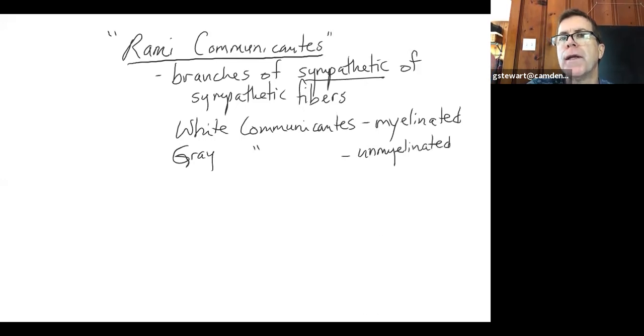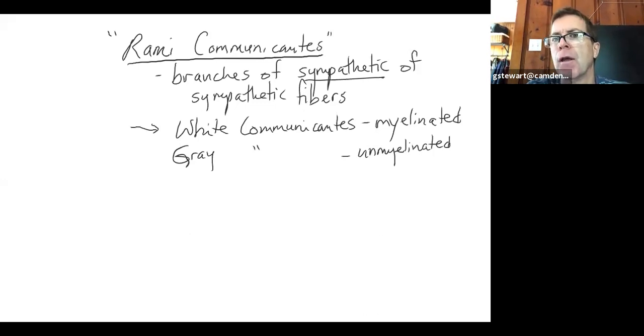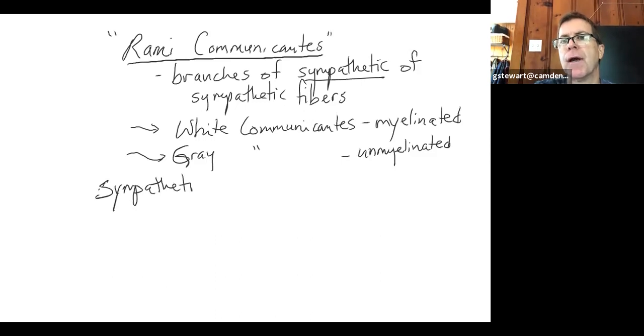And therefore, white communicantes or branches would transmit impulses faster than the gray ones. Now, just like we did with the parasympathetic nervous system, I'm going to delineate the branches of the sympathetic, where they go, and generally what they do. So this is still sympathetic, so I'll write that out because we don't have the previous board with us. I'm just going to write sympathetic branches/fibers